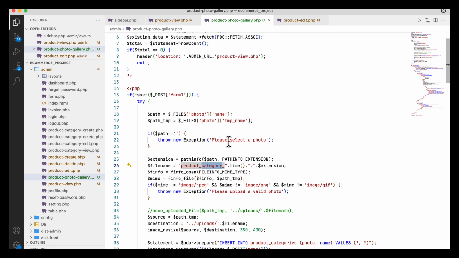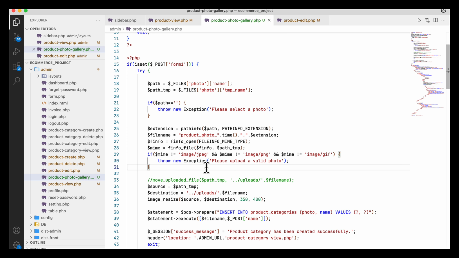That means the time function value. And in this case, product_photo_, then the time function value of the current timestamp will come here. And if there is any error, please upload a photo. So okay. And if there is no error, then what I will do, for example, image resize is also okay. You can write here